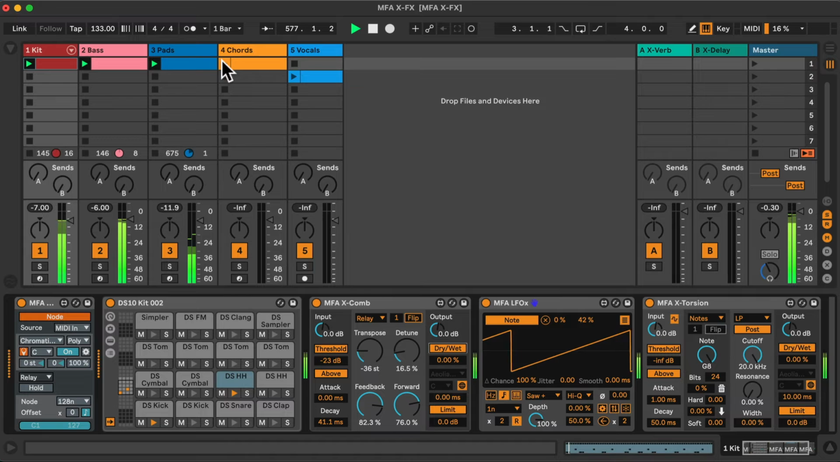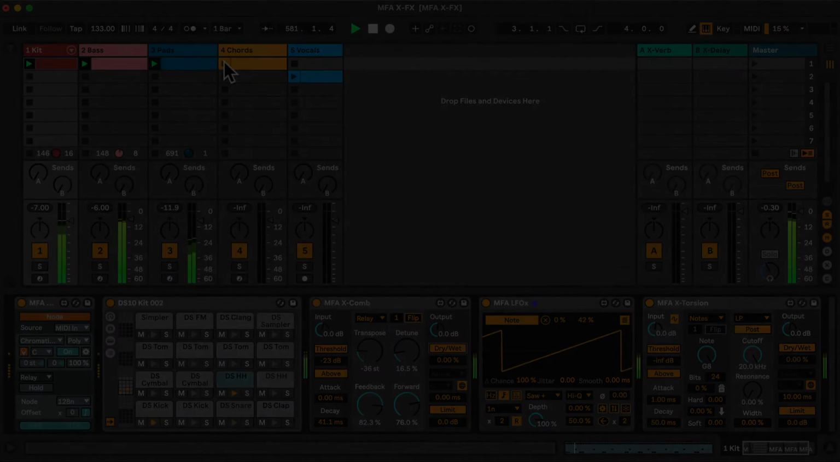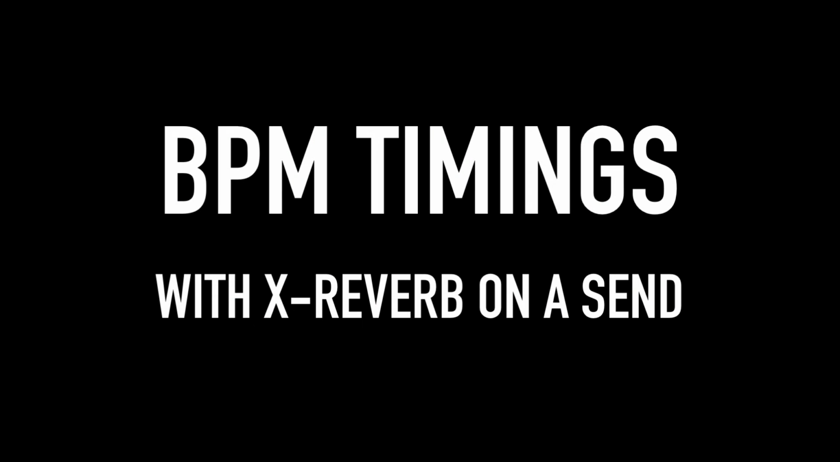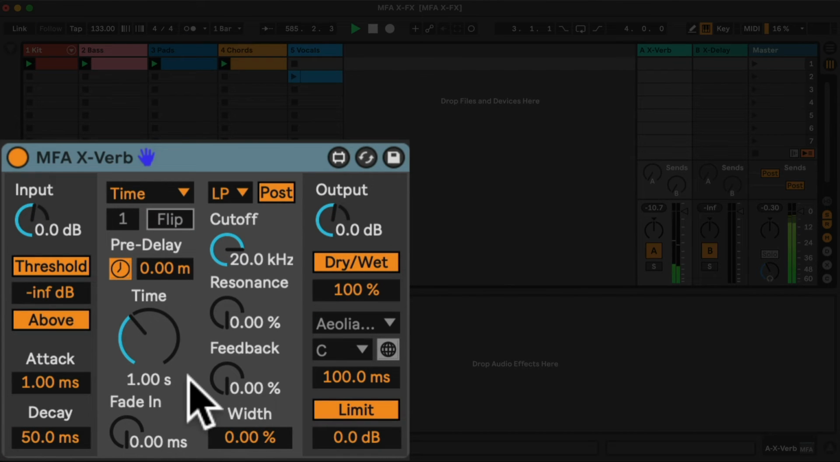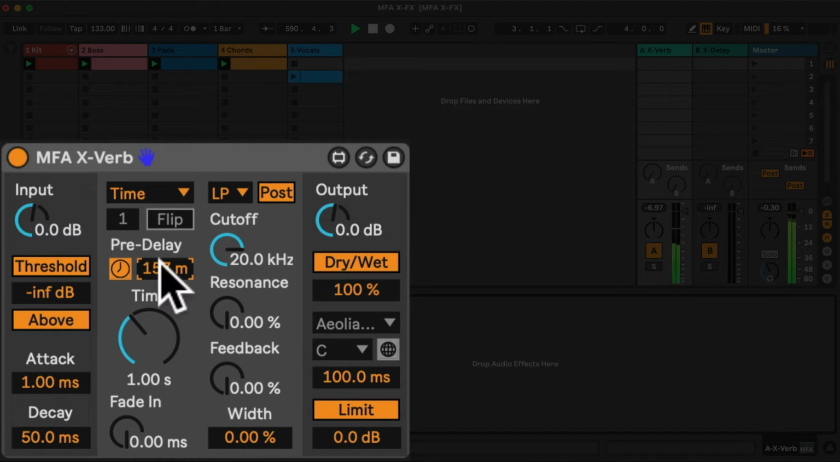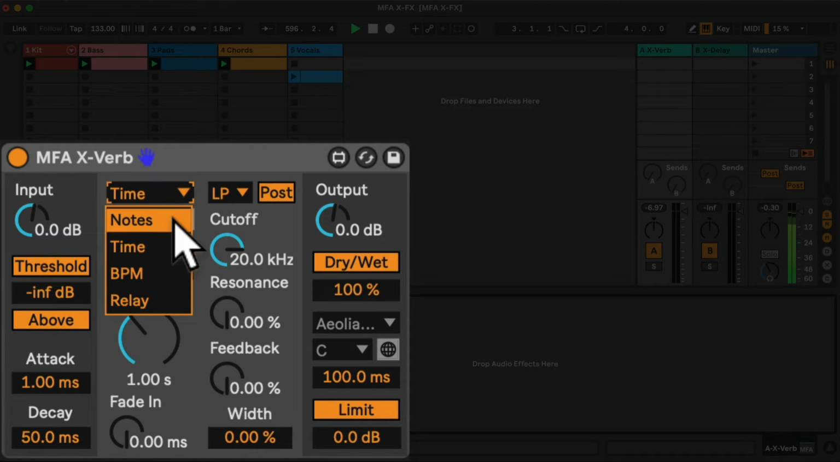And I want to explore the reverb and delay that I have on the sends. So first of all, trigger my chords. And on the X-Verb, you see all the standard input and output controls, but by default, it's set in time. And we have a pre-delay control also available in time, and the fade in as well. This can be useful for creating some reverse type effects, but let's look at